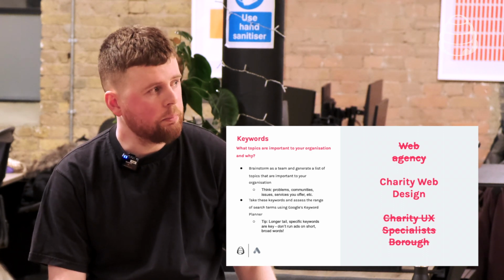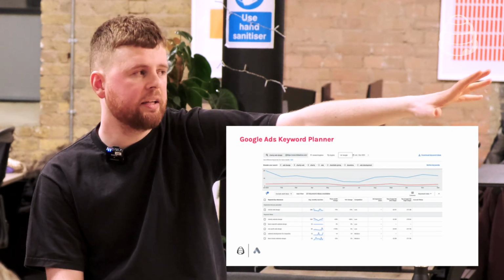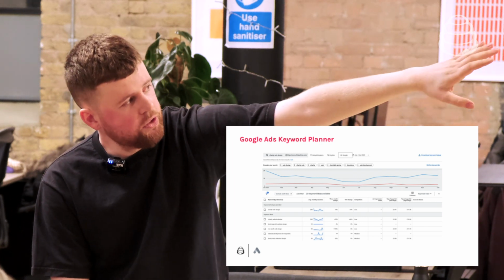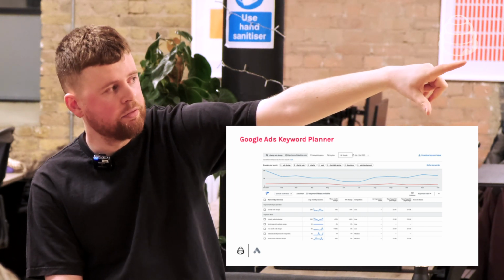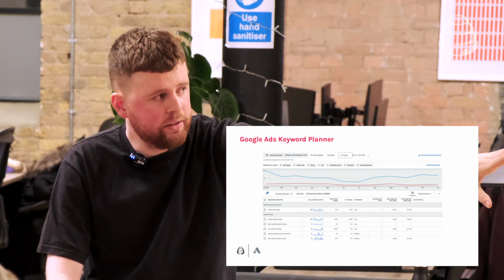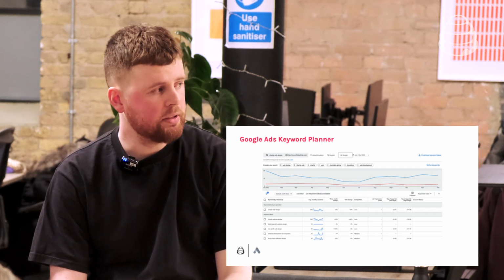If you actually set up the Google Ad Grant account, they have their own keyword planner tool. This is similar to Search Console, which I hinted at earlier. We use, again, the same example of the phrase charity web design for ourselves as a website. It gives me a rough idea of how many people are looking for it in the UK that month, and beyond that, it can also tell us other terms that relate to it.